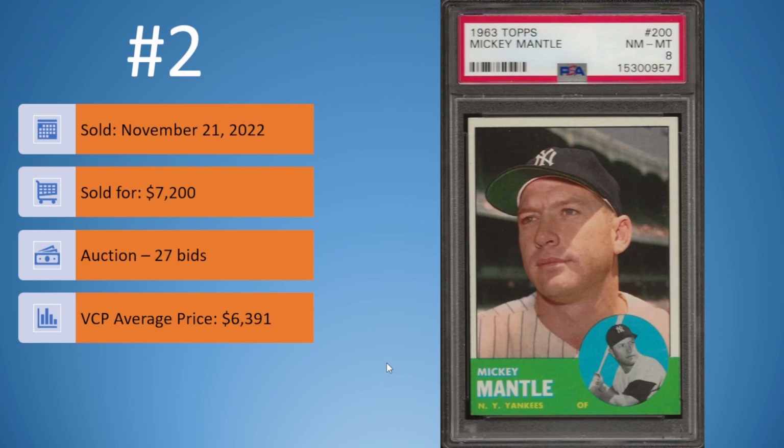All right, on to number 2. We have another Mickey Mantle, the 63 Topps Mickey Mantle in a PSA 8. The only thing I can see wrong with this is the centering, left to right, possibly a little bit top to bottom, but otherwise a gorgeous example of that 63 Topps. This one sold on November 21st for $7,200. It was an auction, 27 bids, sold above the VCP average price of